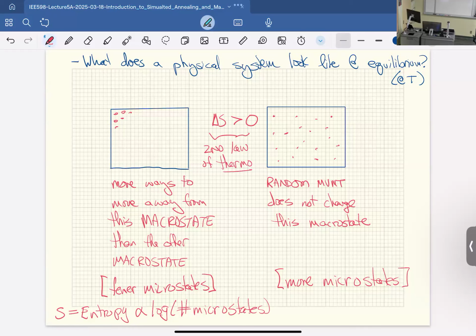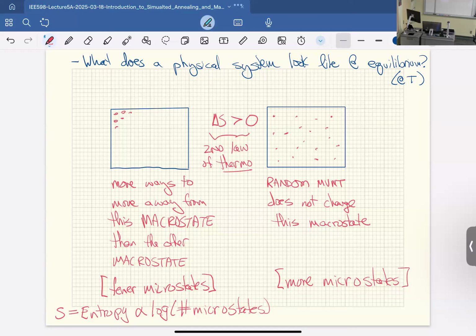And so all that means is that if you have created a macrostate that has fewer microstates and you allow the microstates to move around randomly, then it will be much more likely for your system to move towards macrostates that have more microstates in them. So I think that should just make sense: if you've defined a rare property and then you've allowed the things that make up that system to move randomly anywhere, then it is unlikely they're going to stay with that rare property. They're going to move to the more common property.